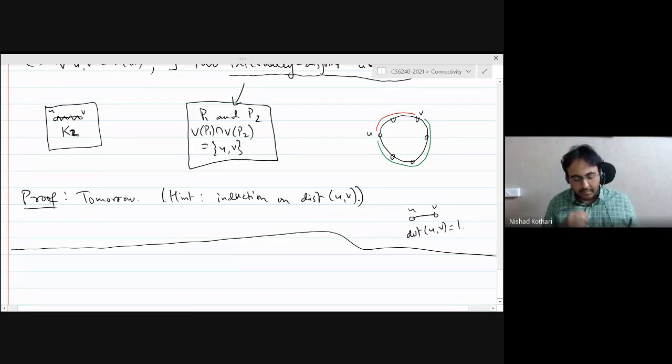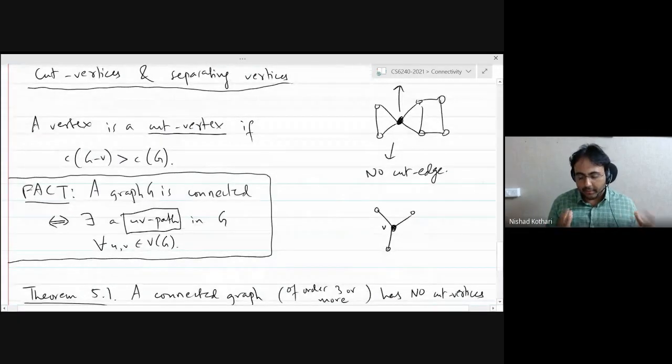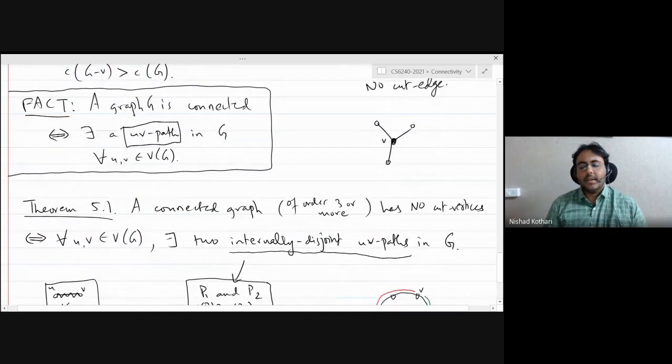Okay, so we'll start from here tomorrow, and we will continue and finish as much of the topics from chapter 5 as we can, so that we can move on to the real content of connectivity, which is in chapter 9 of Bondy and Murty. Okay, but I just want to go through all these basics, which some of you may have already seen. So perhaps today's and tomorrow's lecture might be slightly boring for those of you who have already seen basic concepts of connectivity. But definitely from Monday, I'm hoping you will see stuff that you may not have seen before. Okay? Any questions, concerns?